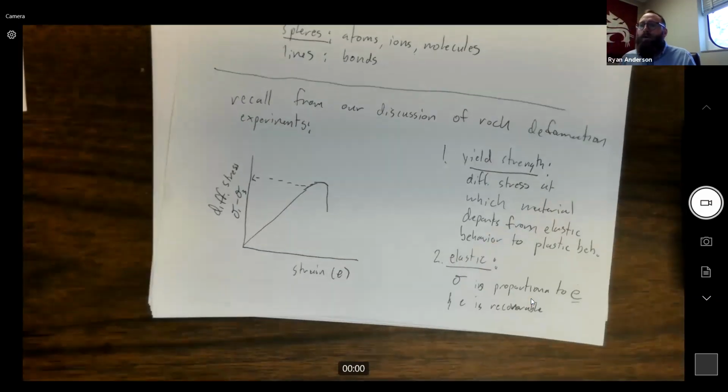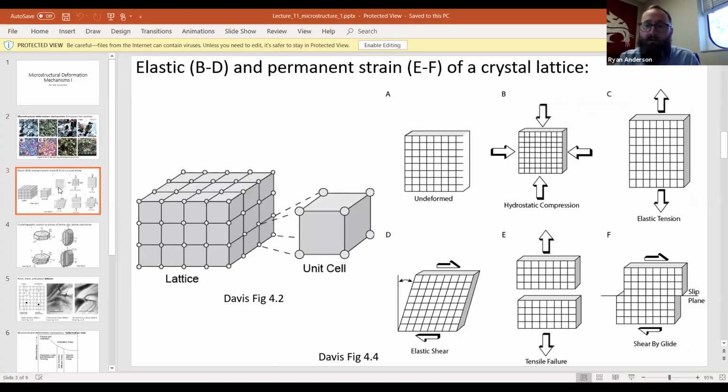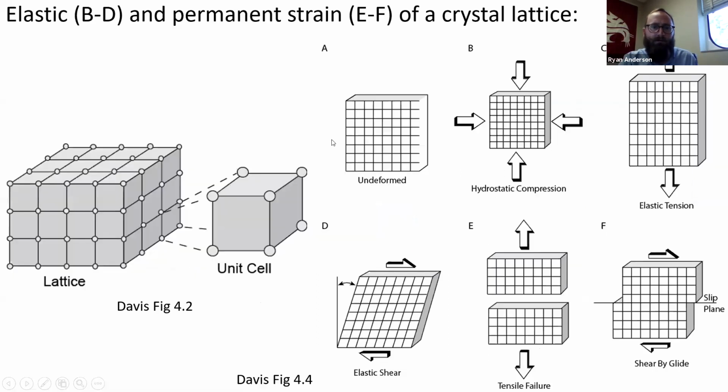So let me switch screens again here, back to our PowerPoint. If you can see my mouse here, let's see what happens if I try to do this. Pointer options, there we go, laser. So you can see,